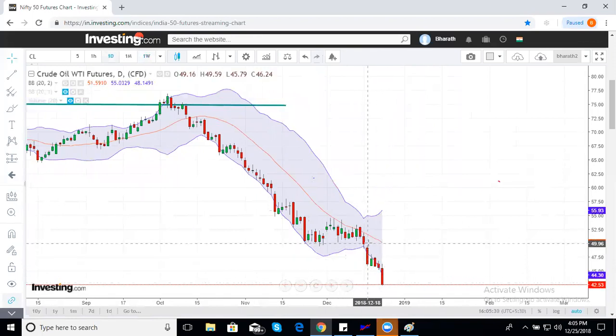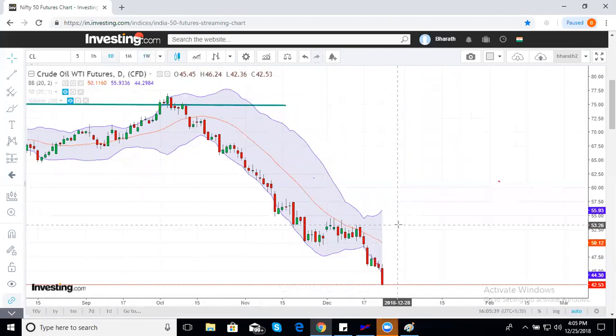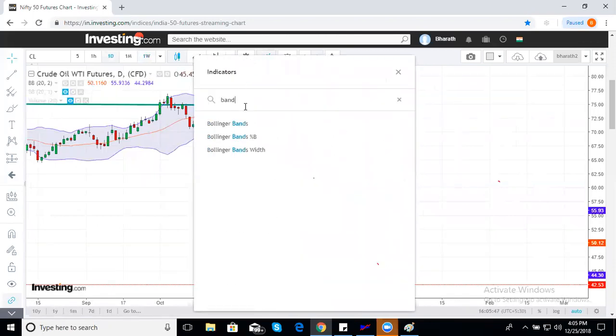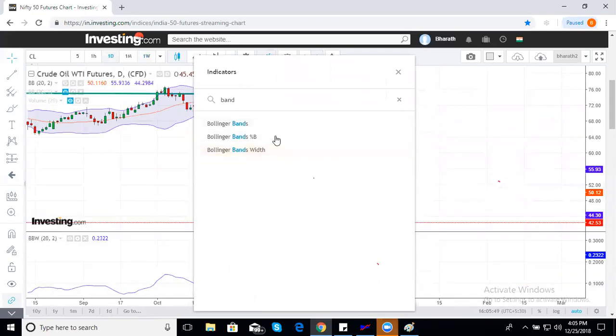Unfortunately, in India, commodities and options are not going well. You know this, right? This is where you should be alert and start selling it. This is where you go and buy a put option. How do I understand this? There is an indicator for this. It's called bandwidth. Okay, Bollinger bandwidth.